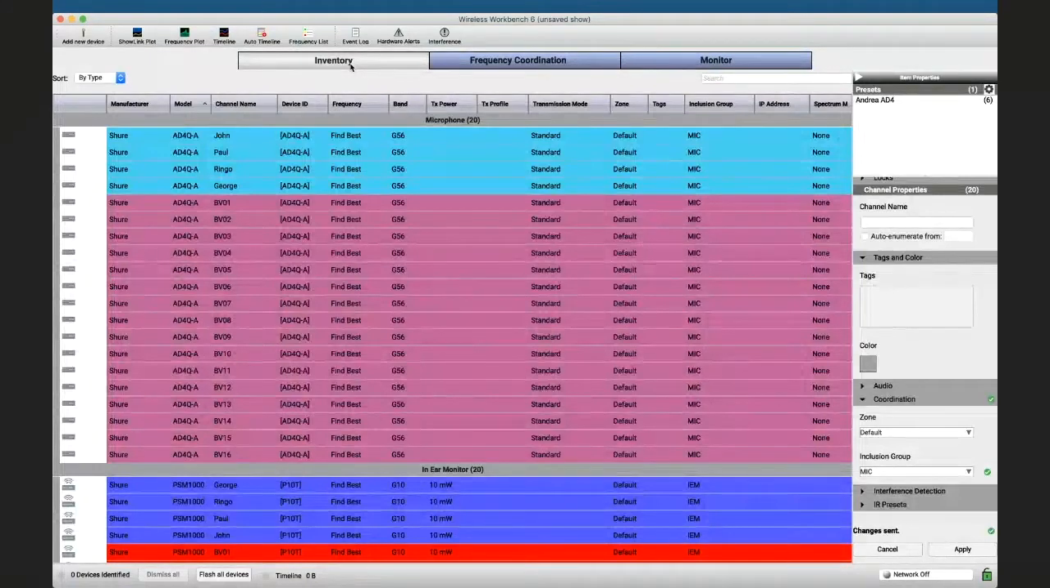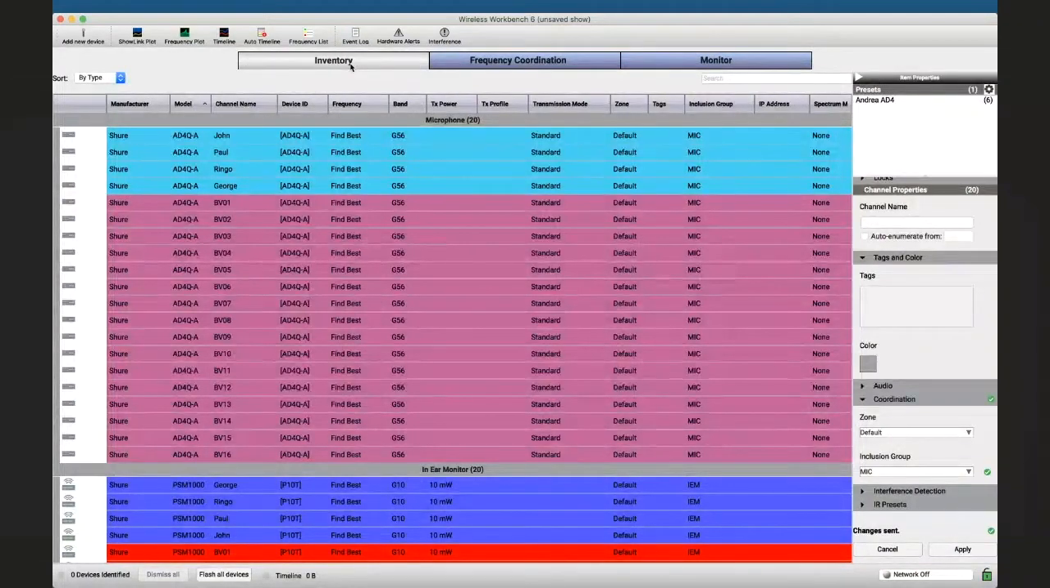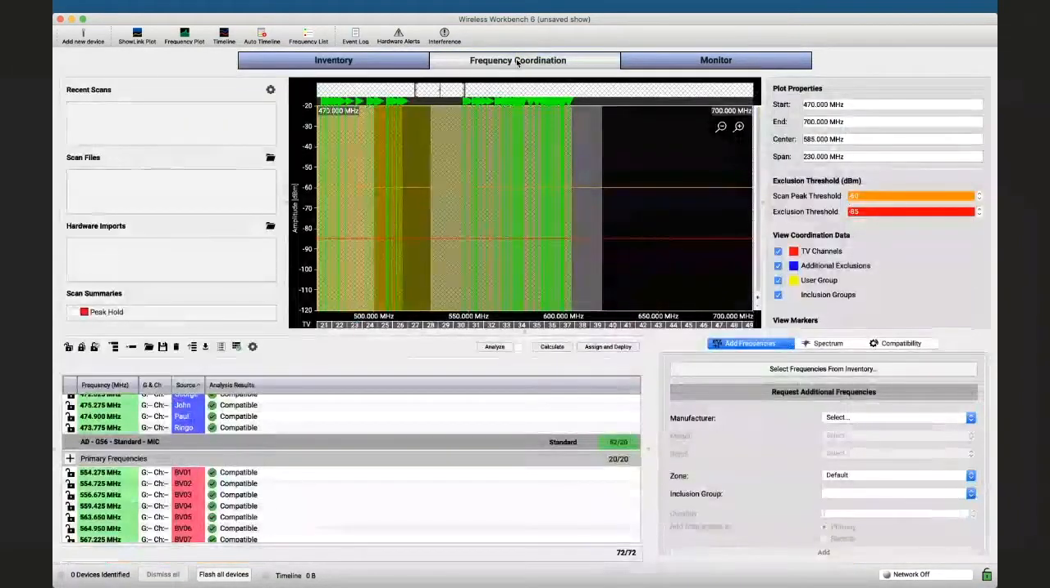So how can I make sure that my most important microphones are in a more robust coordination than the least important? How can I make sure that the 4 Beatles have better frequencies and more robust coordination than backing vocal number 16? There is a way. There are a couple of ways actually. One of them,